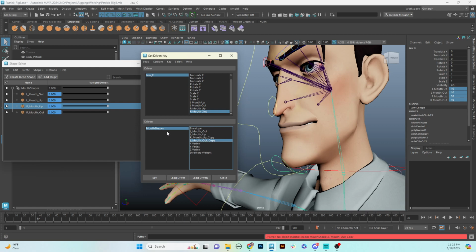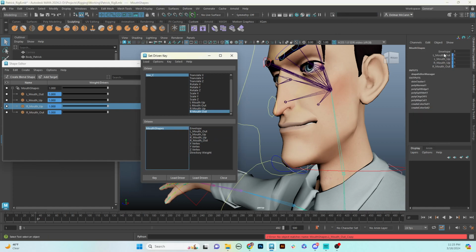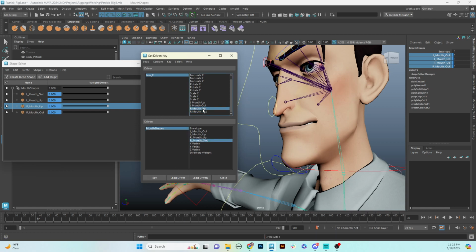Oh, I might have to reload this. Here we go. Load driven. There we go. Right mouth out. Now we can key that. And the up, right mouth up to up, we'll key that. Left mouth out to left mouth out. Key that. Left mouth up to left mouth up. And we'll key that. Okay, so now